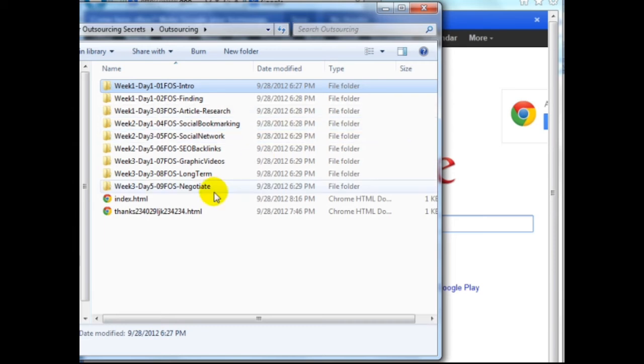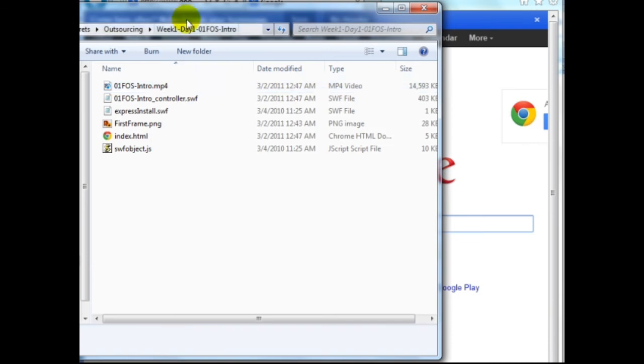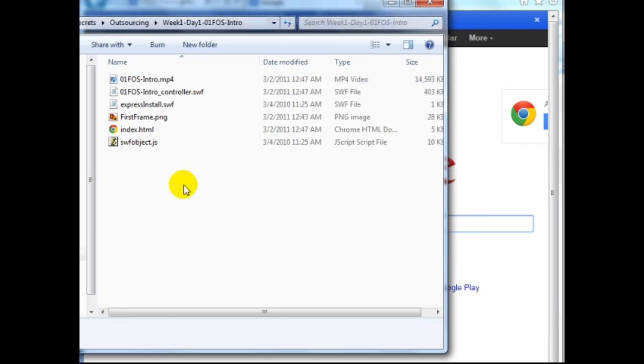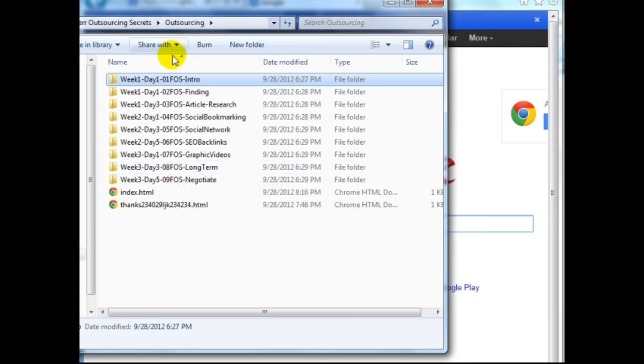Otherwise, you're going to have some complications. Now, in this case, I have videos, so it's a little more complicated than a PDF or a zip file, but it's not as complicated as it sounds. As you can see here, it's a flash file, and the easiest thing to do is to make sure that your HTML file that hosts or holds the flash video is called index.html. And you'll see why in just a minute, because when I get all the URLs,